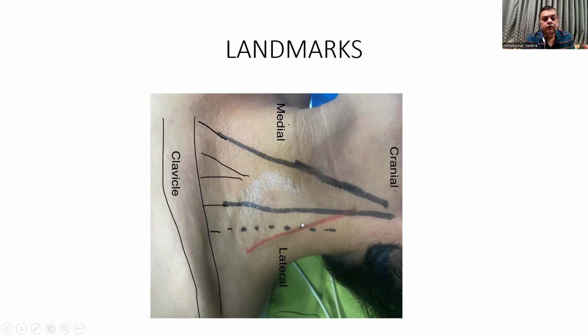This is the interscalene groove. So how to palpate, we will see in the further slides. And this is the EJV. So EJV is closely related to interscalene groove. And we have to go at the level of C6 level, that is cricoid cartilage level. We have to go just below it for a lower interscalene block, while conventional venous approach, it is at the